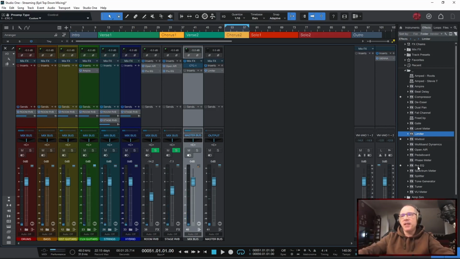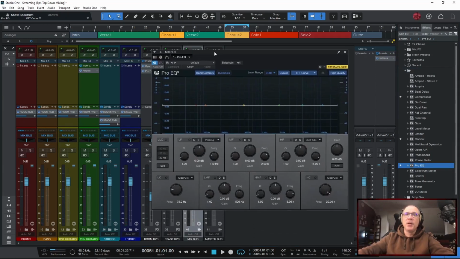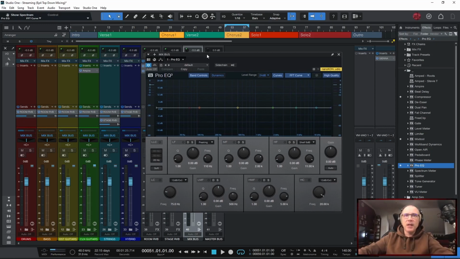The first thing that I often do is just to put an EQ, and the objective with this EQ is to correct the things that I don't like in the mix overall. Okay, so just as a personal preference, I don't like boomy bottoms,